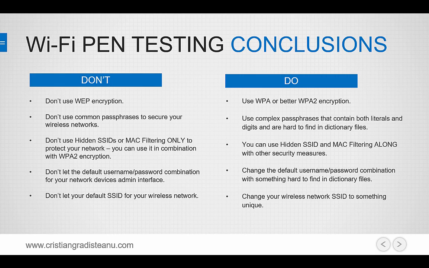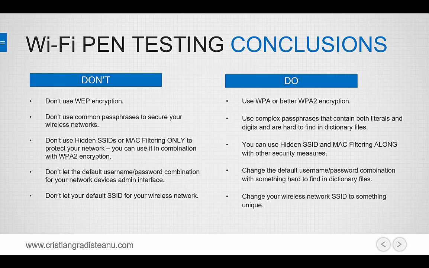While WPA2 encryption is not perfect either, this can usually be cracked by using dictionary files, which brings us to the second item on this list. In order to achieve better security, don't use simple or common passphrases that are commonly found in dictionary files. Instead, use more complex passphrases that contain both letters and digits, as the chance to be found in a dictionary